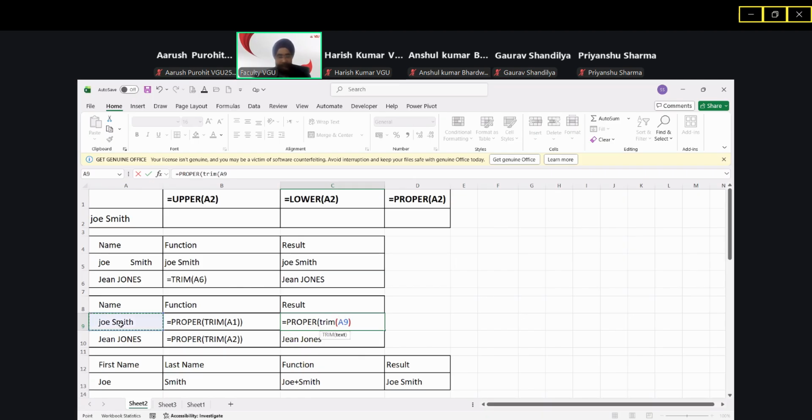So it is converted into... and we have to close the bracket two times, because the first is for TRIM and the second one is for the cell reference. So press enter. Joy Smith had too many spaces, and the spaces are removed in this result. Okay, here in John's